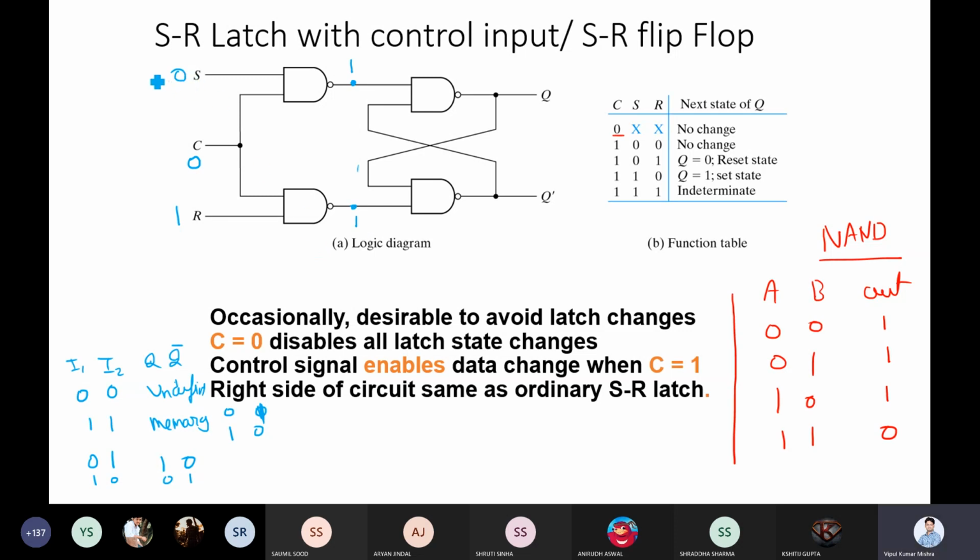So irrespective of what, even if you take 1 0, then also value will be 1 1. Even if you take 0 0, then also value will be 1 1. Even if you take 1 1, then also value will remain here 1 1 only. And we already seen this part of the circuit. If it is 1 1, how exactly it will behave? It will behave like a memory, right? So what exactly it is saying, if your clock is 0, irrespective of whatever value of S and R, it will be no change. No change means it acts as a memory state. Whatever the previous value, that will continue.